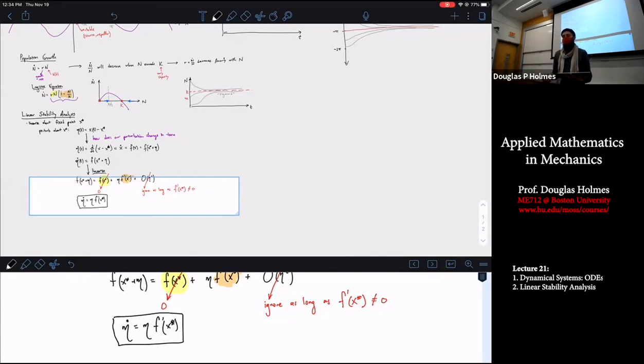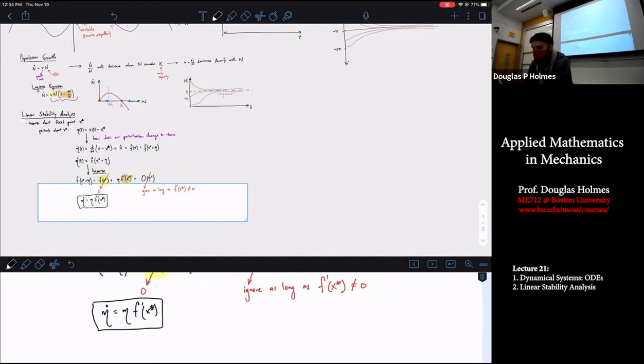Now again, this is simply going to yield an exponential solution. Eta dot, the derivative of eta, is equal to eta times something. And so the only way that's true is if we have our function be exponential. But now look, this actually tells us something. It tells us that our perturbation will grow exponentially